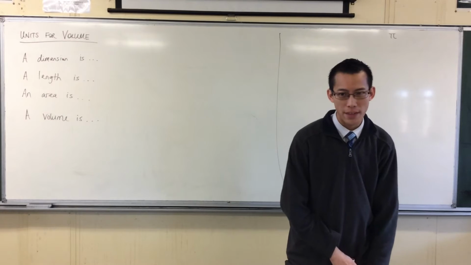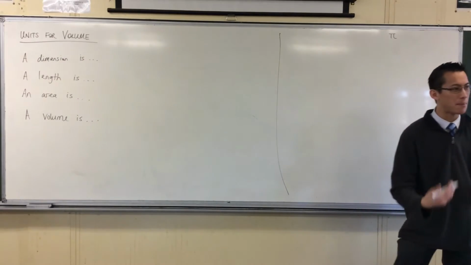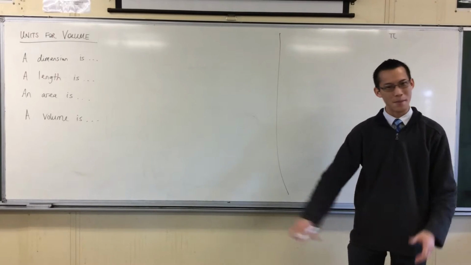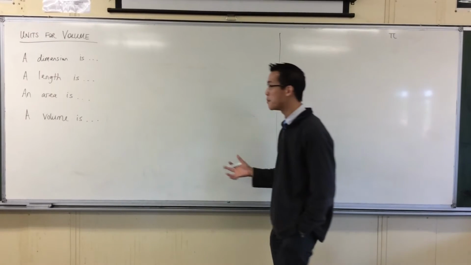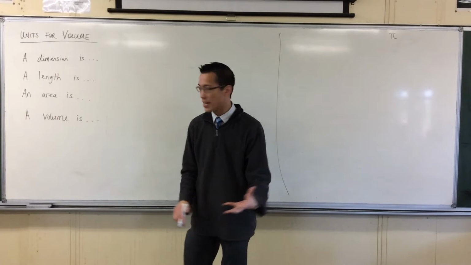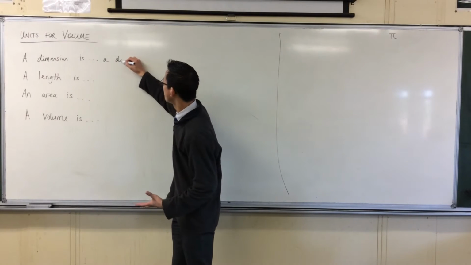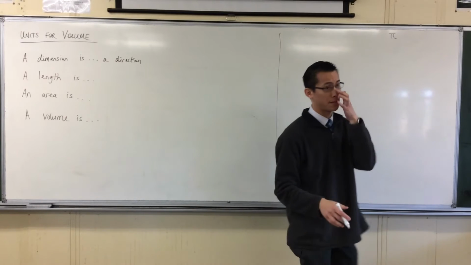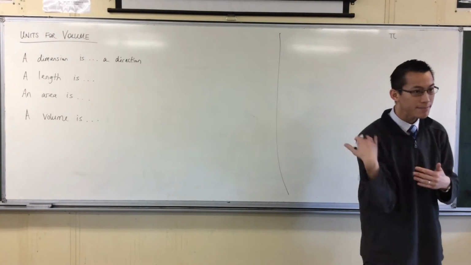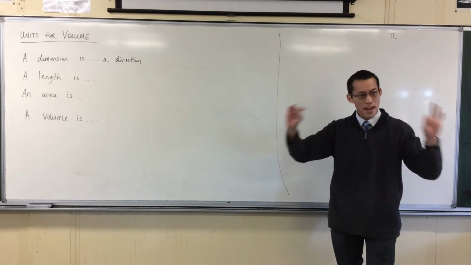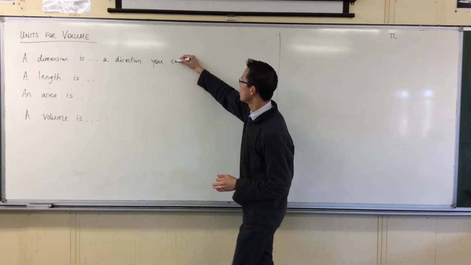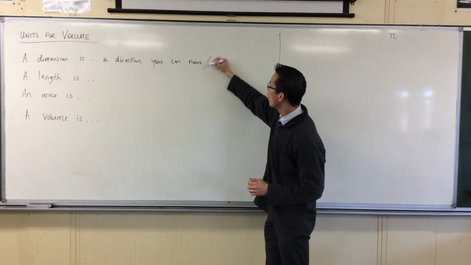So, where we're going to move from there is now about thinking about more dimensions. Now, more dimensions, like before we get to that, we better think about what dimensions are. So what is a dimension? A dimension is a direction that you can do one of two things in. It's a direction you can move in, or a direction you can measure in, right? A direction you can move or measure